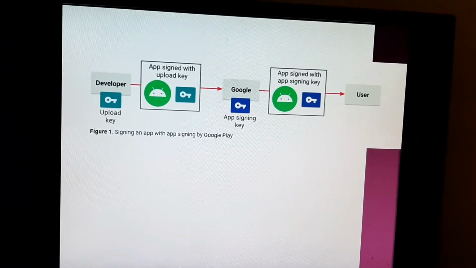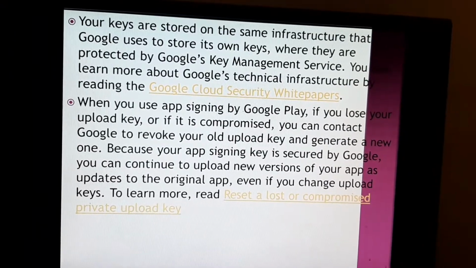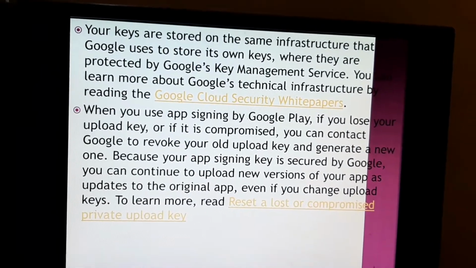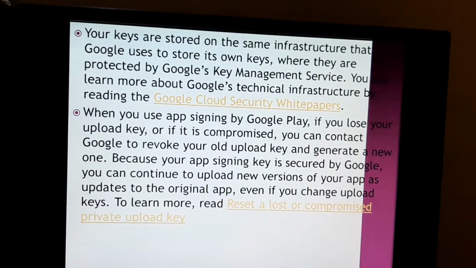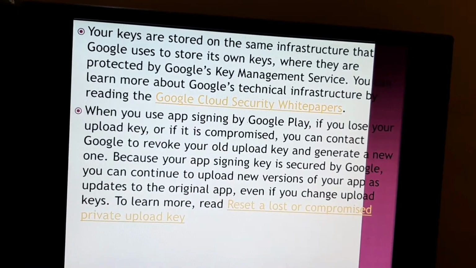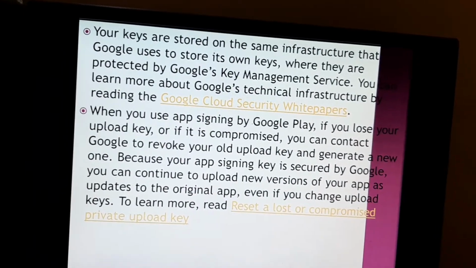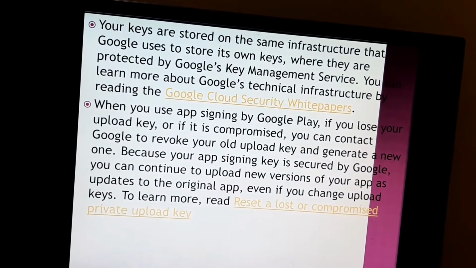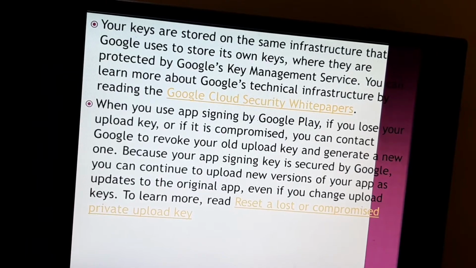Let's go for it. Keys are nothing but what we are going to get stored, as I have explained generally. Then the Google security white paper, and again how, if it is lost, you have to reset it, or upload a new private upload key.